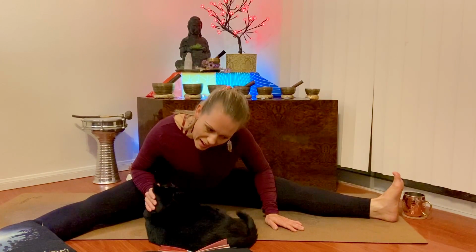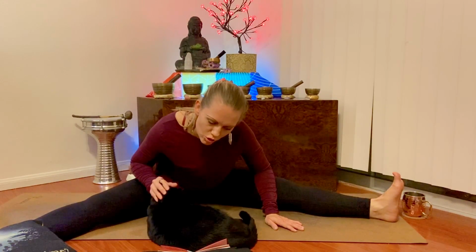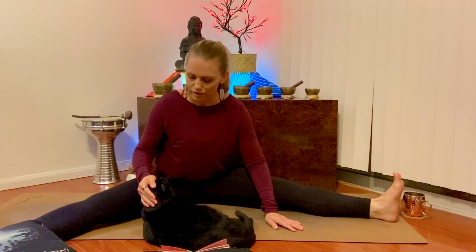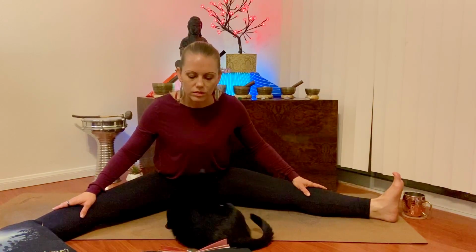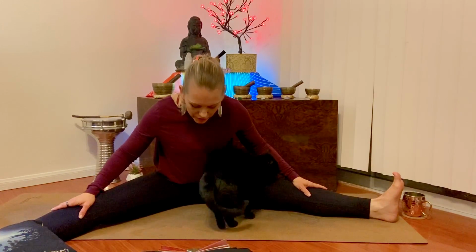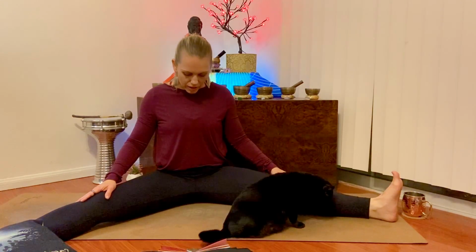Take those deep breaths in. Exhale. Release into the earth. Beautiful job. Let's take 2 more breaths here, feeling grounded, feeling stable. Exhale. Stay. 1 more deep breath in, feeling secure and supported from the earth. Exhale. Release. On your inhale, slowly begin to reverse out of the pose by pressing back up right into those hips,